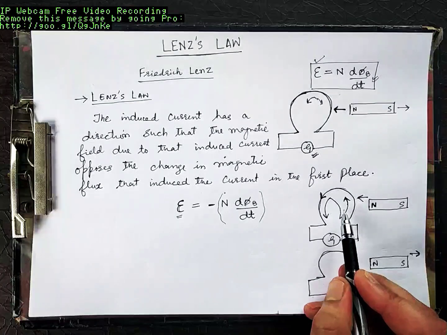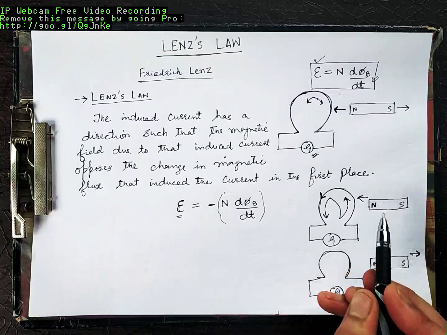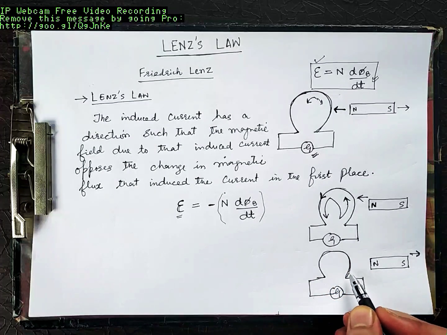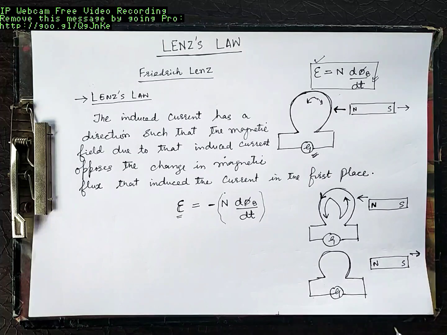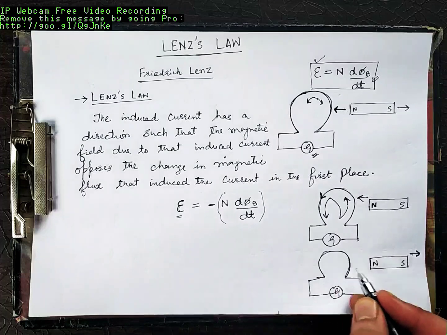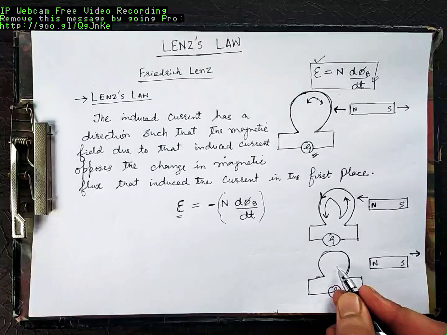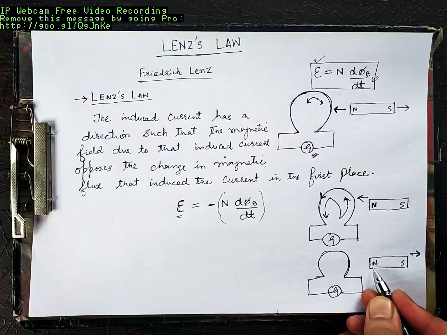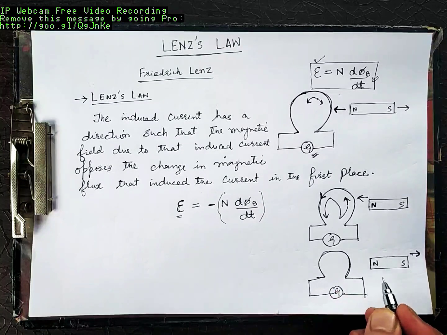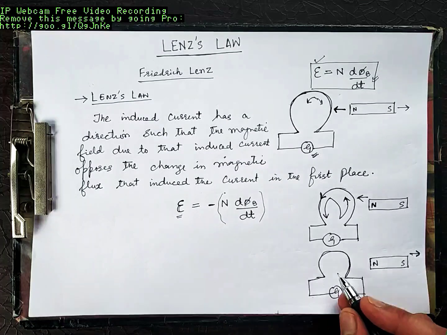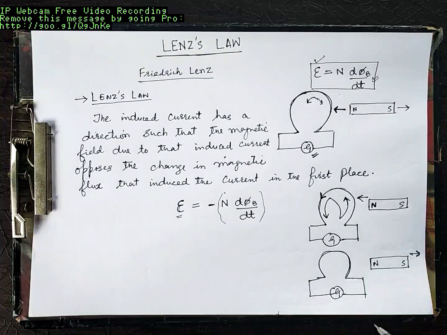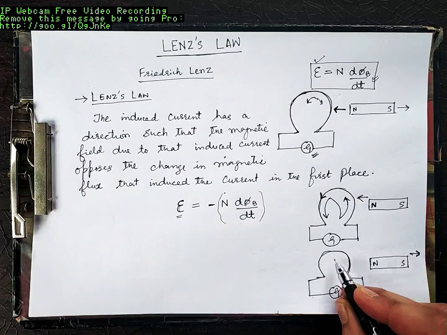So current will be induced such that it will oppose the decrease in flux. Here current was such that it opposed the increase in flux. Here EMF is induced because of the decrease in flux. So current will be induced such that it will oppose the decrease in flux. How can this oppose the decrease in flux? If it will somehow attract the north pole towards it, or in other words, if it does not allow the north pole to move away from it. How can this coil attract this north pole such that it does not move away? By making this side a south pole.